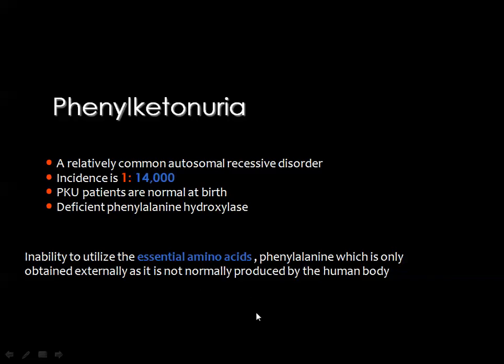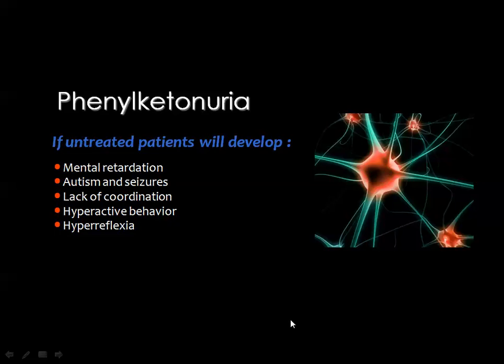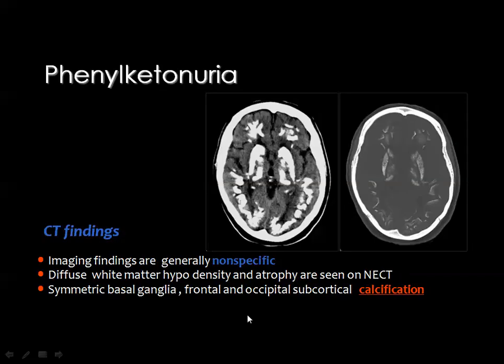We should know that phenylalanine is only obtained externally, and it is not normally produced in the human body. Patients with phenylketonuria may suffer from mental retardation and some seizures, lack of coordination, hyperactive behavior, and hyperreflexia. The manifestations are usually non-specific, but it can go in the differential diagnosis of extensive basal ganglia and white matter